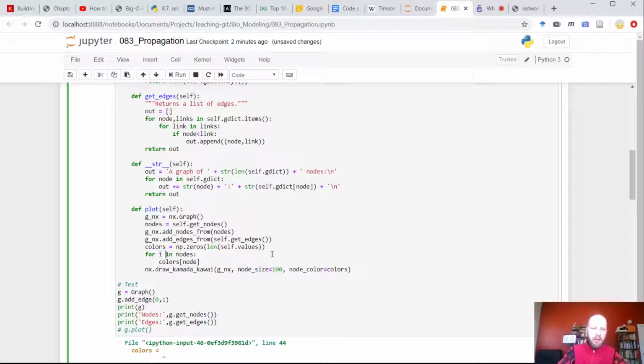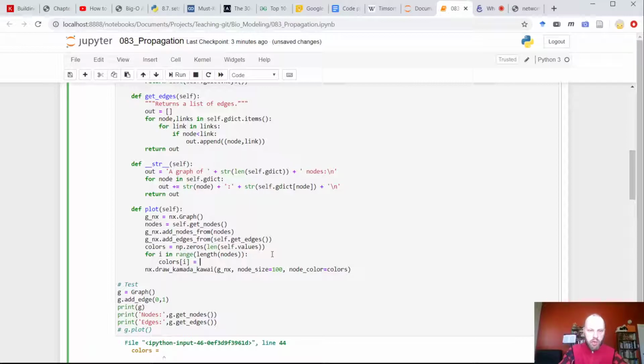For i in range length nodes, so we will count. We'll go through the list of nodes and we will count where we are. We need an integer. We can't use a node because colors is a vector. We just need to write something into the 0th element, first element, and so on. So colors i is a color of this node.